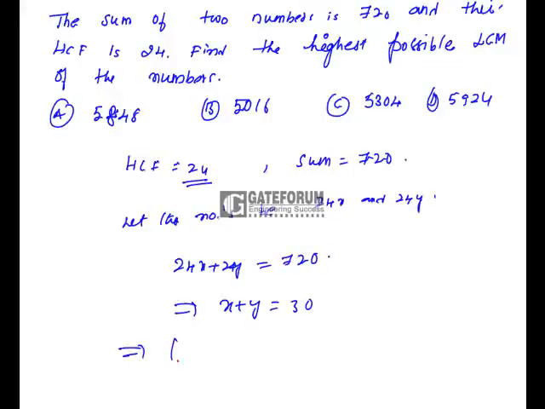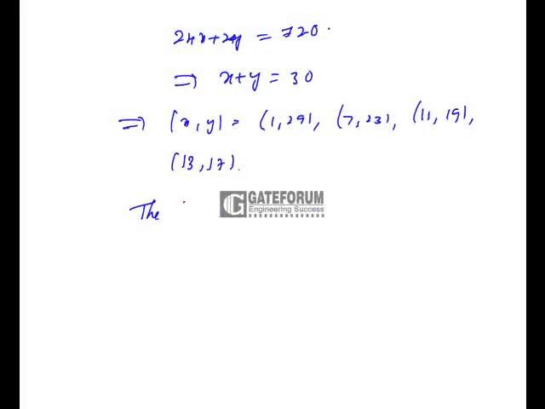So the possible values of x and y are 1 and 29, 7 and 23, 11 and 19, and 13 and 17. We cannot take the numbers which are not co-prime, so we have to take the values of x and y as co-primes. So there are only 4 pairs. Out of these 4 pairs, the highest